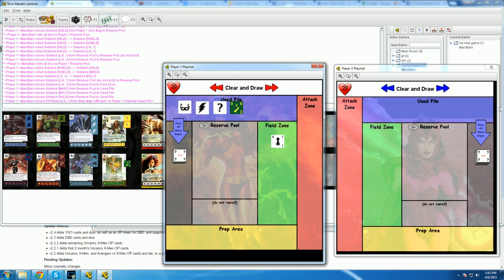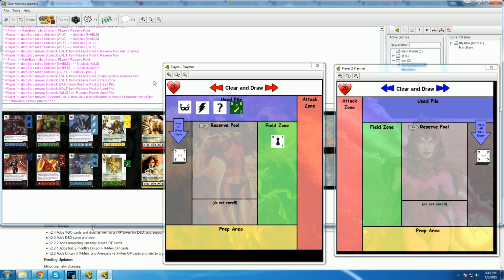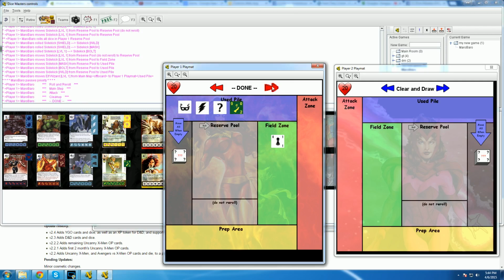And once you're done, obviously, for instance, in this situation, you would want to say pass, give them priority, they'll do their thing, and then attack phase. Technically, let's say we can't even attack, so you press this arrow until you get to done. Now, depending on the player, you can actually go through each step like in a real game, but it's too cumbersome, in my opinion. So, anyhow,